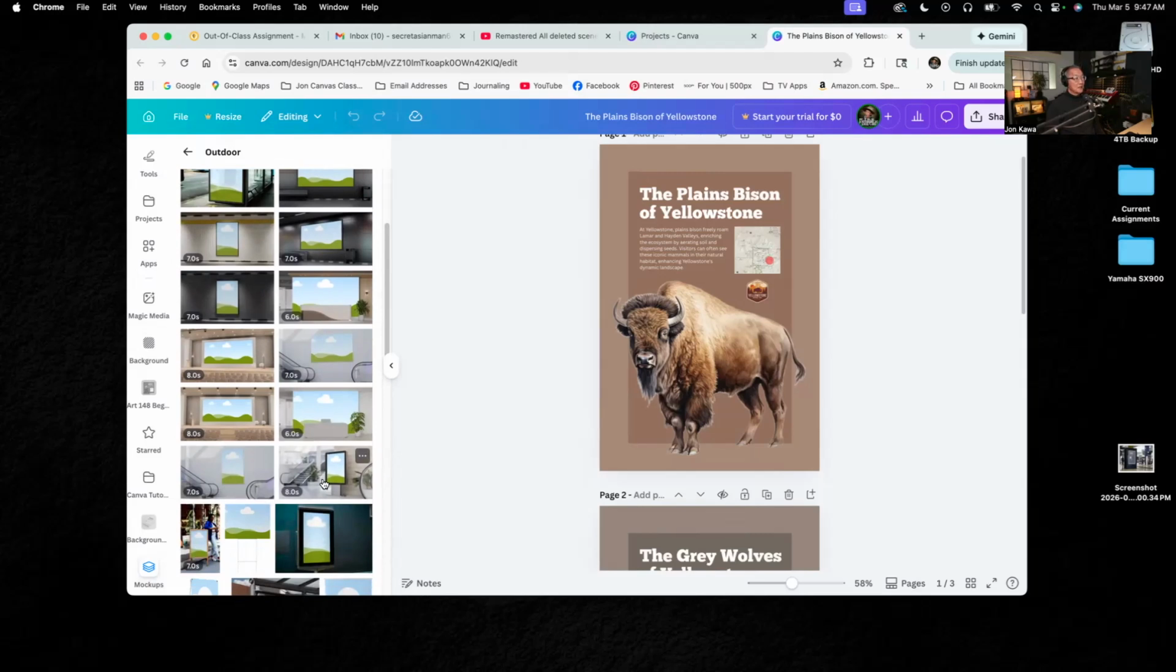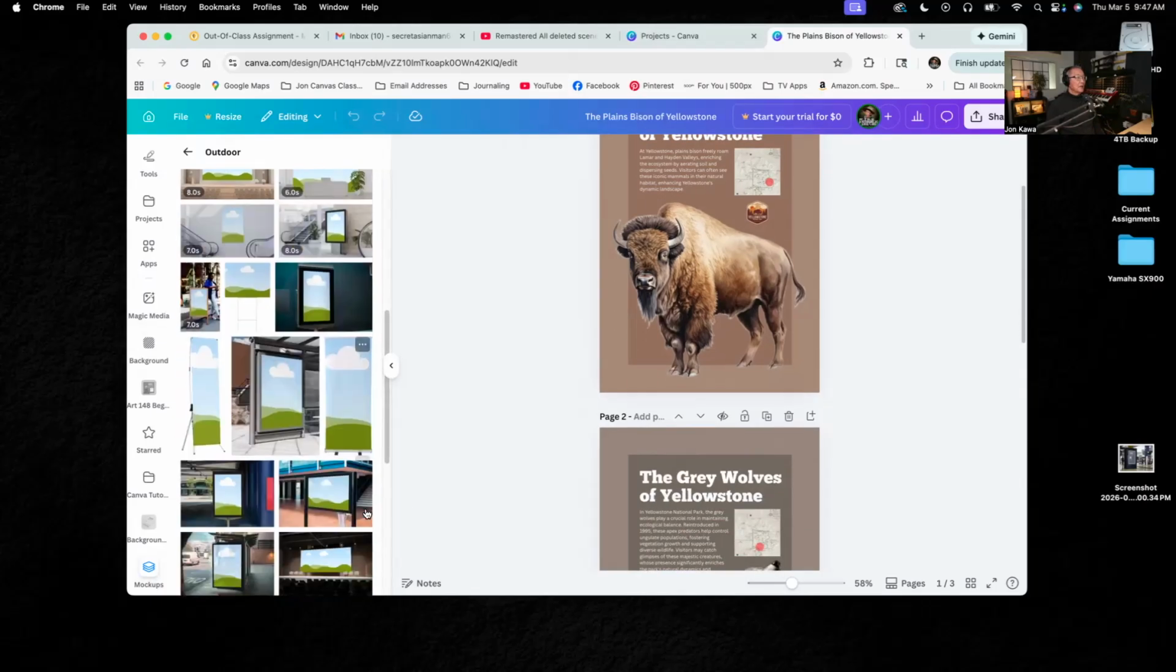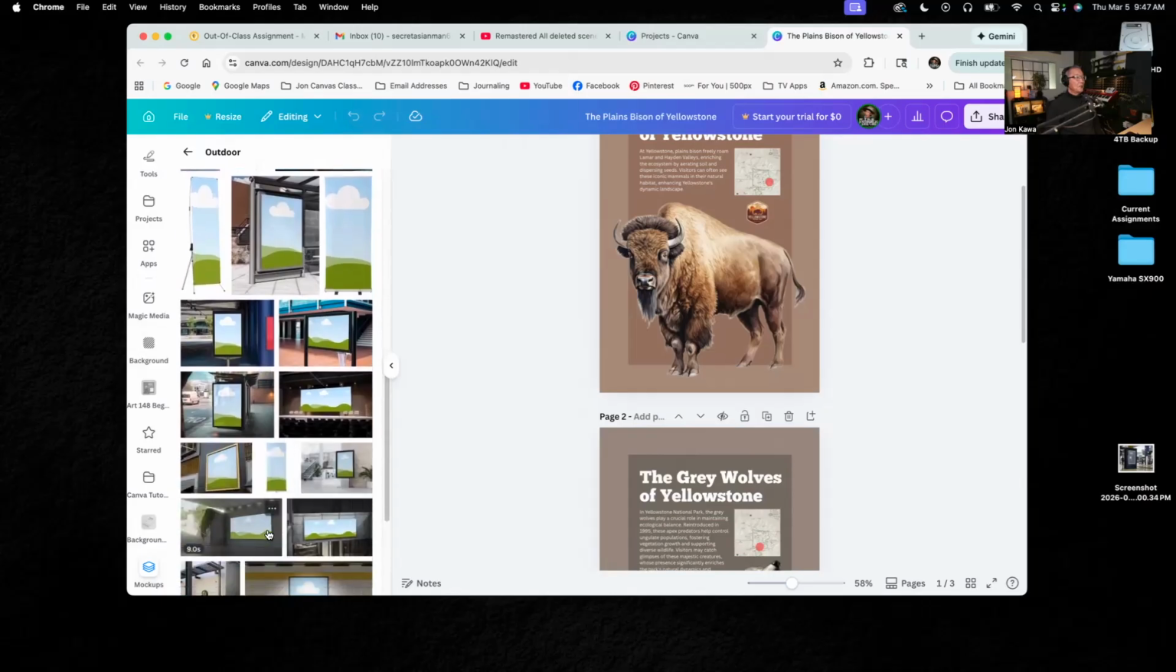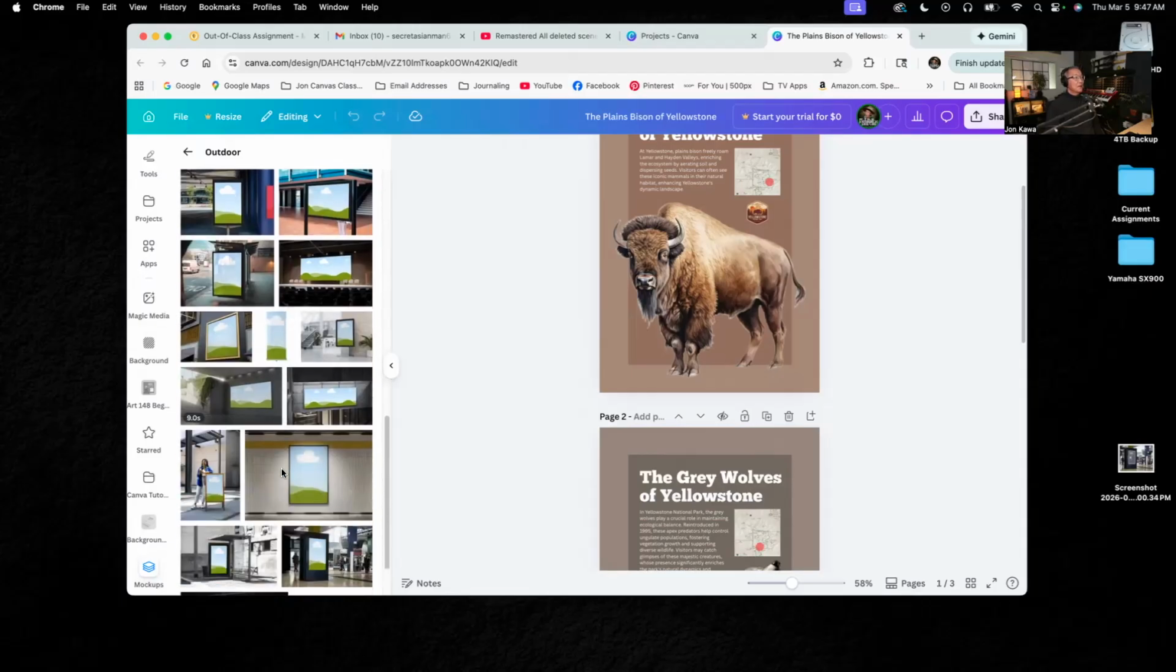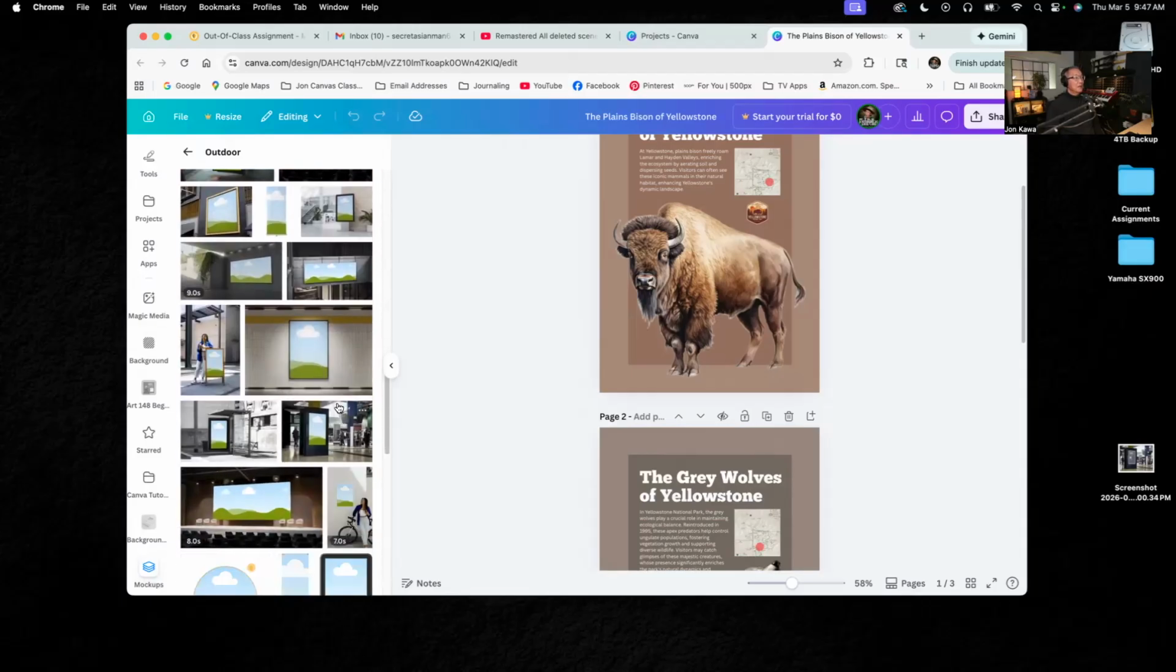Here's one with an escalator in it that looks like maybe this is an airport or bus terminal. I chose one that actually looks like an airport. Here's another one that's on a street. You might see it there. And then this one right here looks like it's from an airport. Okay,